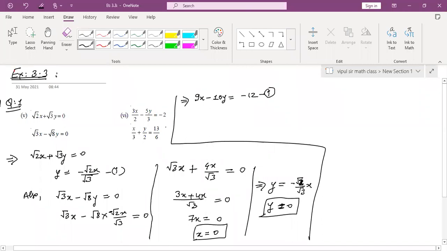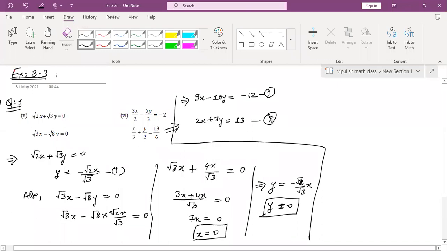And the second equation will be simplified as 2x plus 3y is equals to 13. नीचे 6 6 cancel हो जाएगा. The LCM is 6 and here also there is 6. If you take this 6 this side, it will come in multiplication and there is 6 in the division, so that this 6 6 cancel out. Therefore the equation will be 9x minus 10y is equals to minus 12 and 2x plus 3y is equals to 13. This much is clear to everyone? Yes, sir.